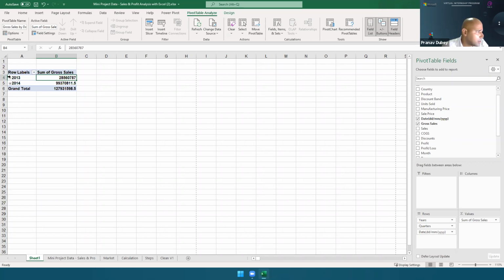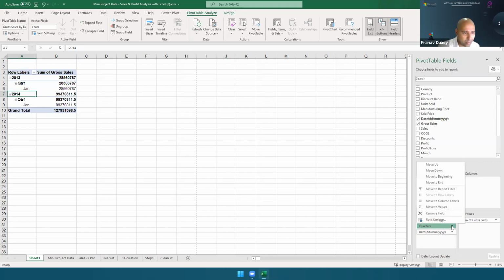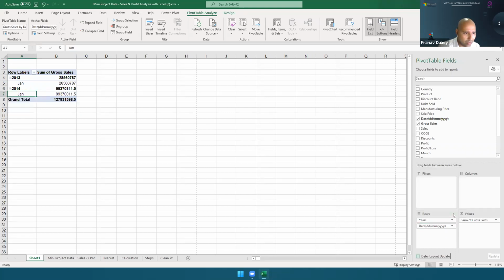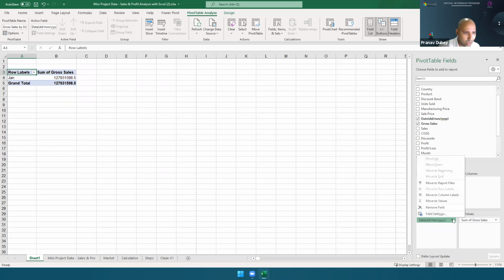Okay, now you see that since our dates are in year, quarter and date format, we have individual dates also. There's a plus sign which you can expand. So if you expand, then it's quarter 1 in 2013, January. In 2014 also, we have only quarter 1. So we have data from only 2013 and 14 and from January only. That is why it is taking quarter 1. So instead of keeping it, we will just remove quarters, and probably we'll remove the year also. Okay, we have only date.